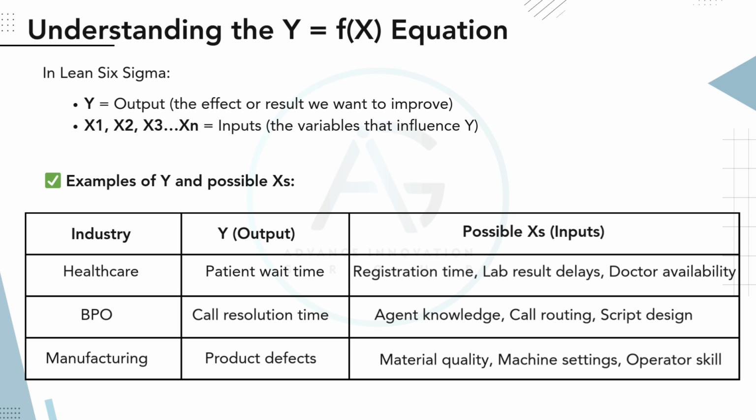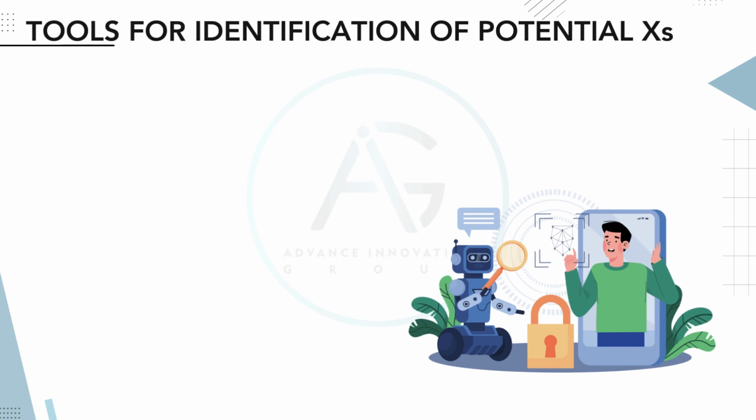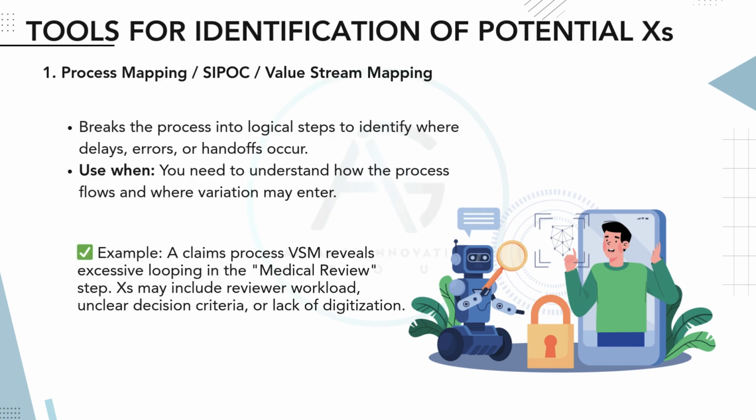Let's look at some examples across different industries. In healthcare, if we want to reduce patient wait time, we need to look at inputs like registration time, lab result delays, and doctor availability. In the BPO industry, to improve call resolution time, we focus on inputs like agent knowledge, call routing, and script design. In manufacturing, if we aim to reduce product defects, key inputs include